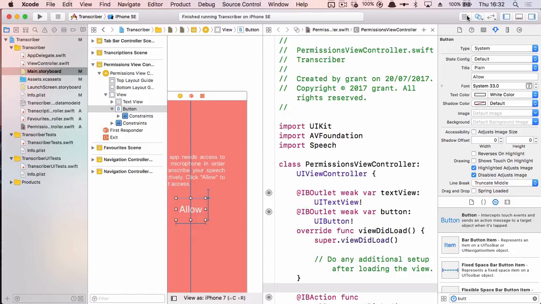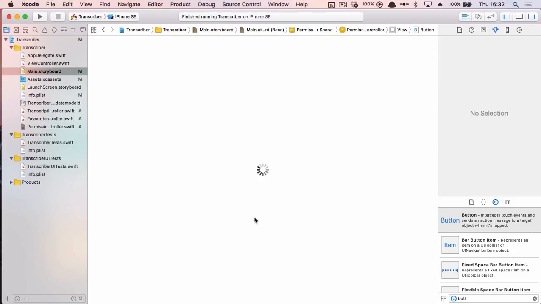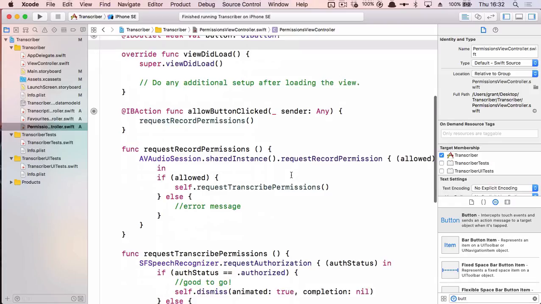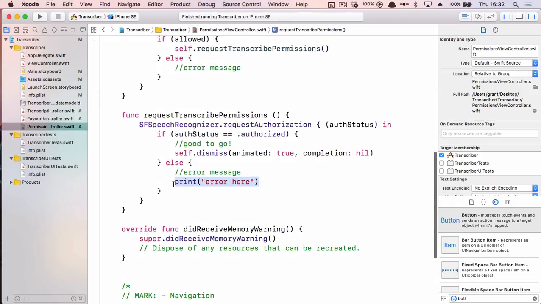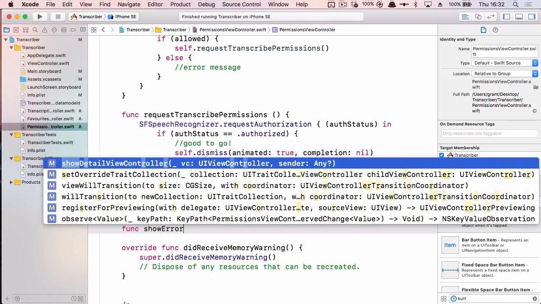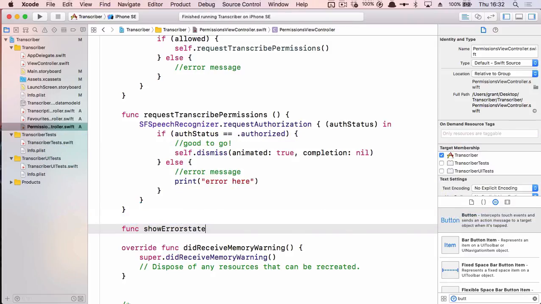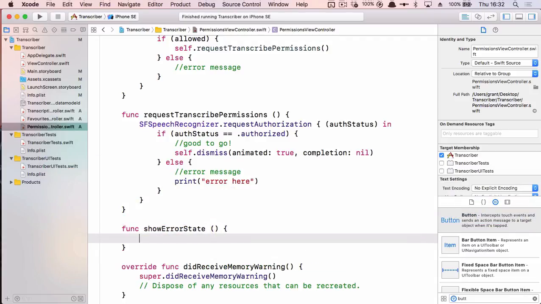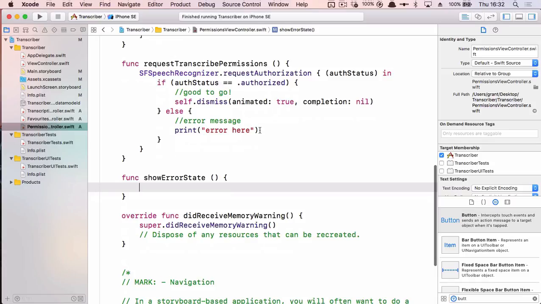And you'll see why we're doing that in a minute. So let's come back to our ViewController. We have our button and text view now sorted out. And so if we have an error, we should probably create a function to show error state. And what are we going to do here? Well, first of all, we're obviously going to call it